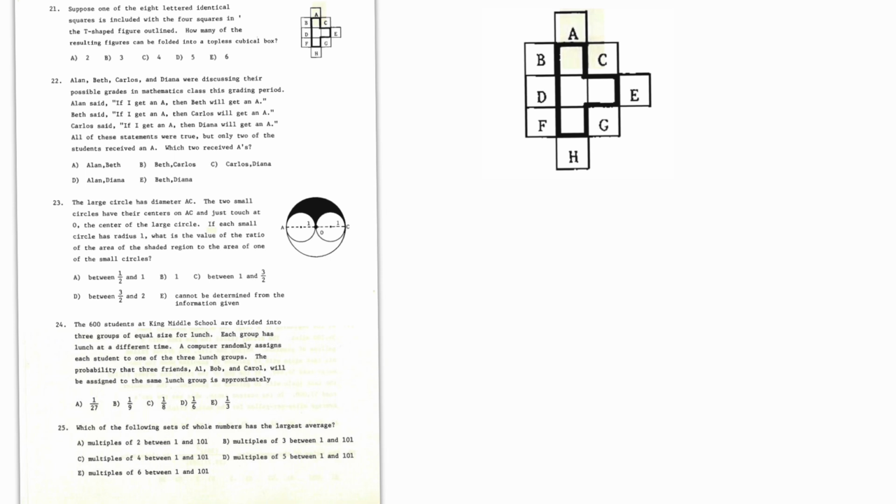Now I labeled the squares 1, 2, 3, 4. Because we want to fold a topless cubical box, we just need one more side. So use these 4 figures. If I use number 1 as the base,